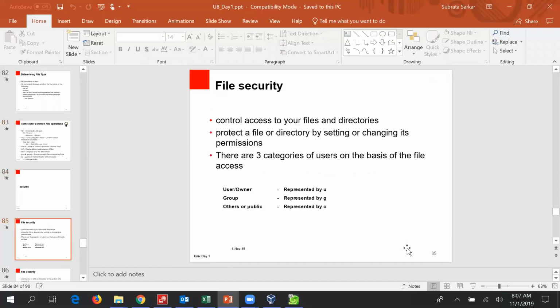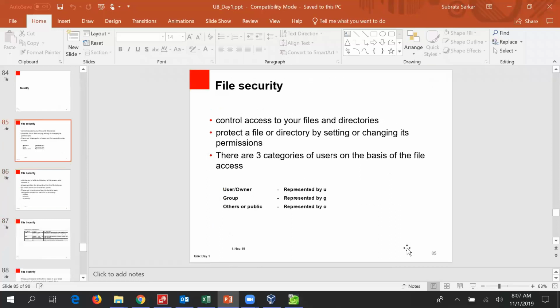Next is security, file security, as we discussed: user, group, and other. So in the permissions, if you have seen, we have three categories. The first one is user, group, and others. The user will also have the three attributes: read, write, execute.